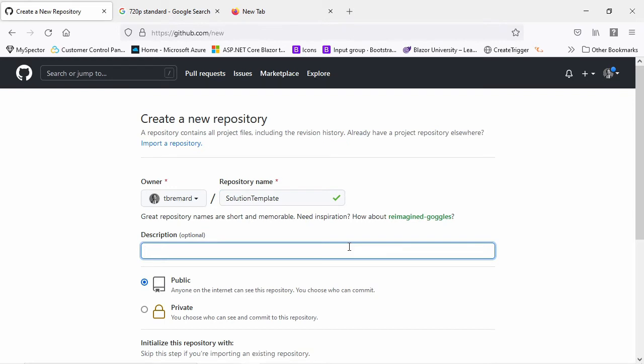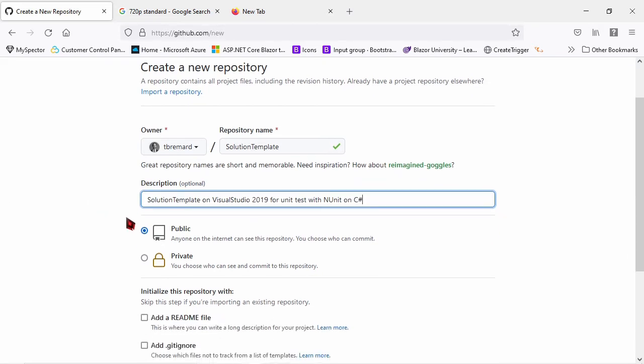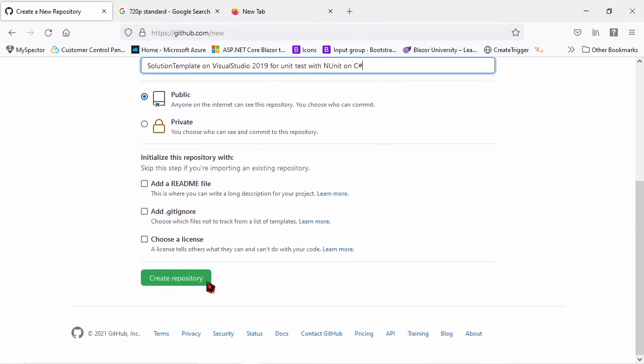Description: this is solution template on Visual Studio 2019 for unit tests with NUnit on C#. It will be public like this. Create repository.